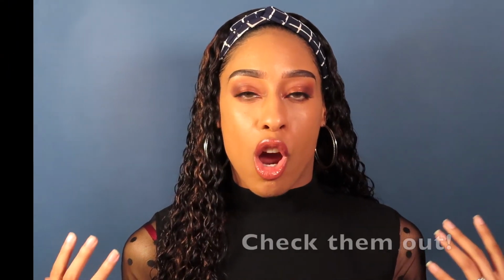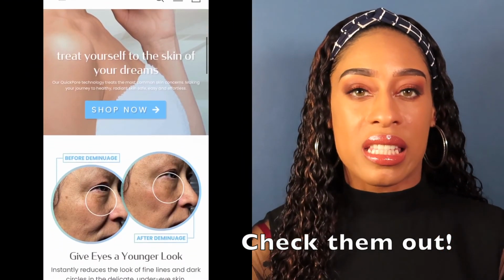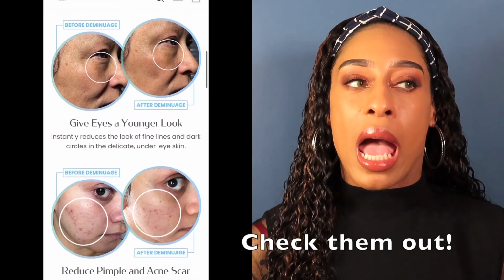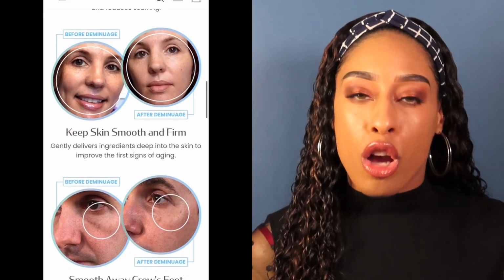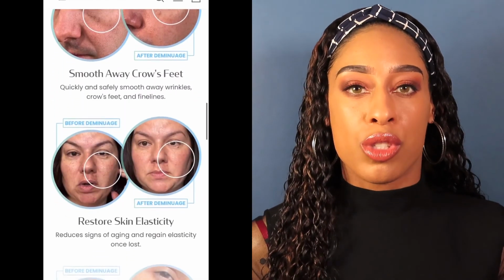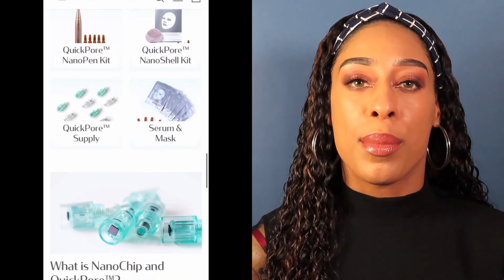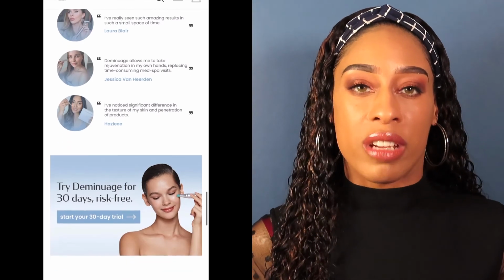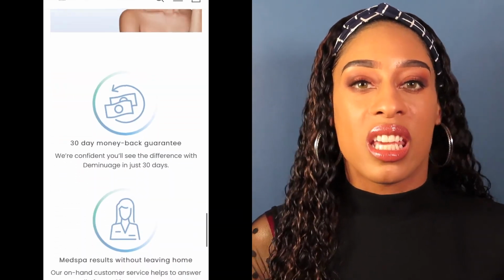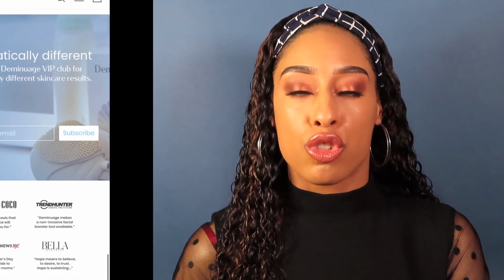Their products, while they are very pricey, it is an investment. Skincare is an investment at times. I mean, I know I have a lot of products that I get from Walgreens or Rite Aid, over-the-counter products that are not expensive. And those do a great job with helping to treat my skin, or for whatever reason I am using them, like maybe a good skincare mask. I do have a lot of good products from the drugstore,